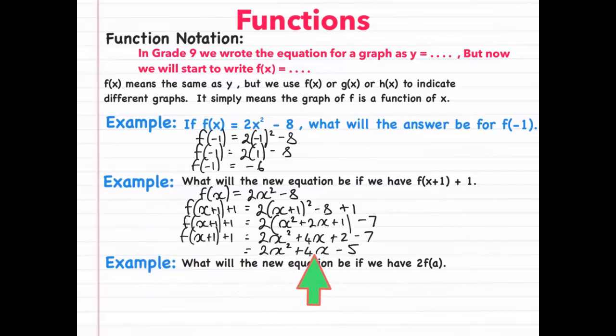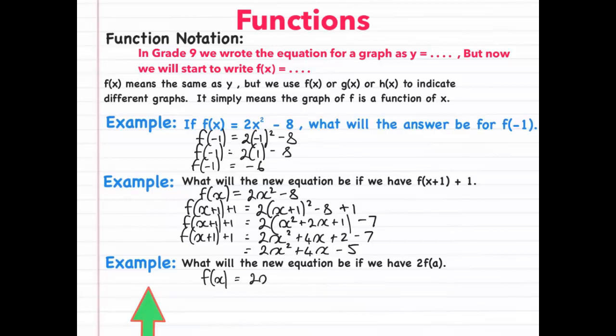And that will be the new function if we change the x to x + 1 and we add another 1 to our original function. Okay, cool. Now what will the new equation be if we have 2 times f, and instead of an x we've got an a? So what we simply do is we write down our normal function, which is f(x) equals,